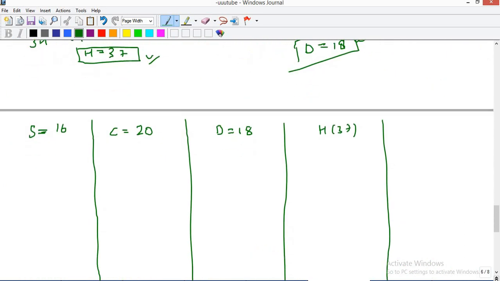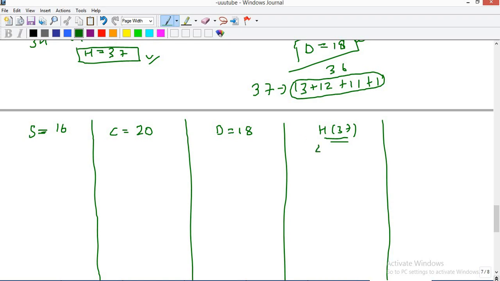Okay. So now the sum of the face values of the hearts cards is 37. Let's try and see how many minimum cards I would need to make it 37. If I take the top 3 cards, that is the highest face values, 13 plus 12 plus 11, how much will I get from this? I'll still get 36. So I need one more card, right? So a minimum of 4 cards is needed to make the sum 37. So I need a minimum of 4 cards for hearts.